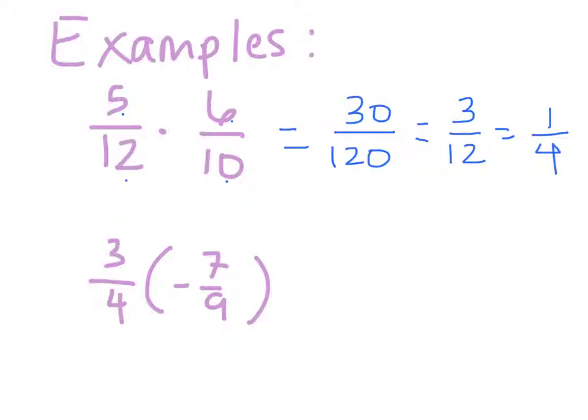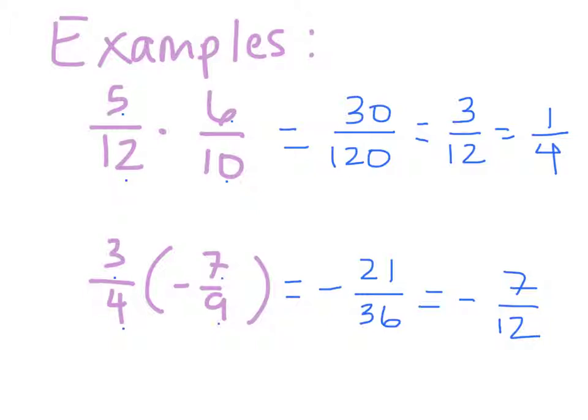All right, down below we have a positive times a negative fraction, so I have to remember in my answer that it's going to be negative. I follow my normal rules. Numerator times numerator is 21. Denominator times denominator is 36. All right, then I see that my numerator and denominator can both be divided by 3, so I end up with 7/12